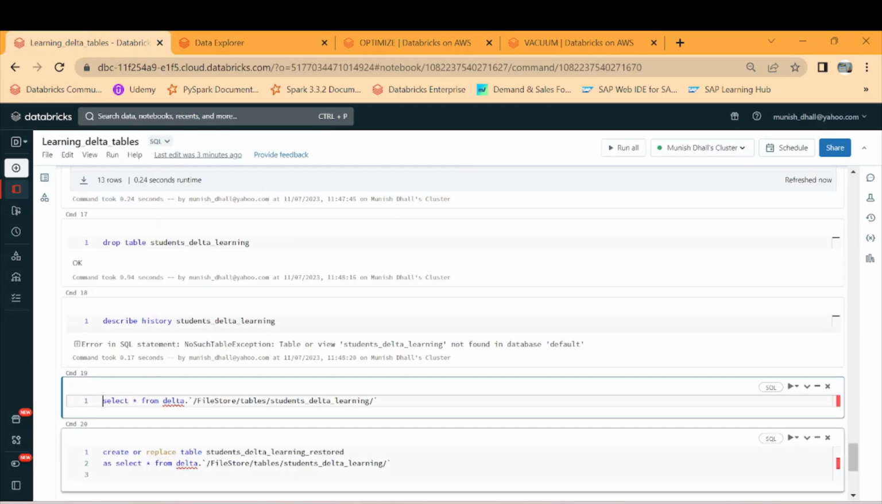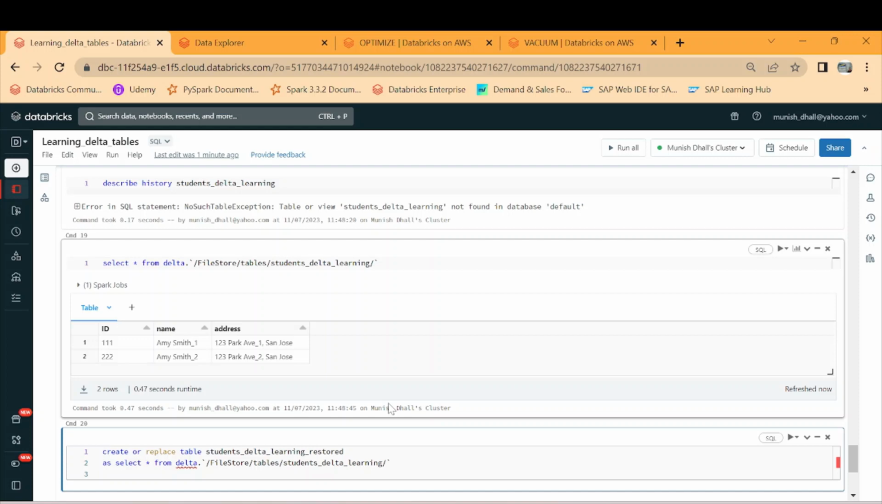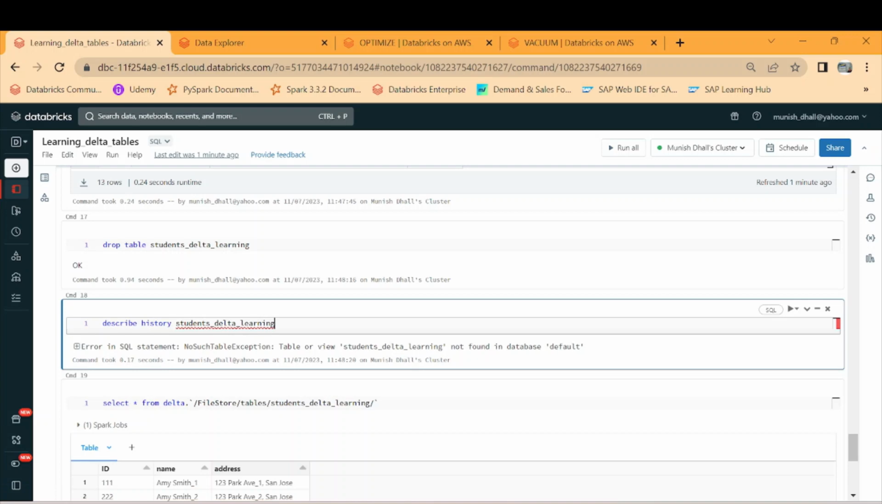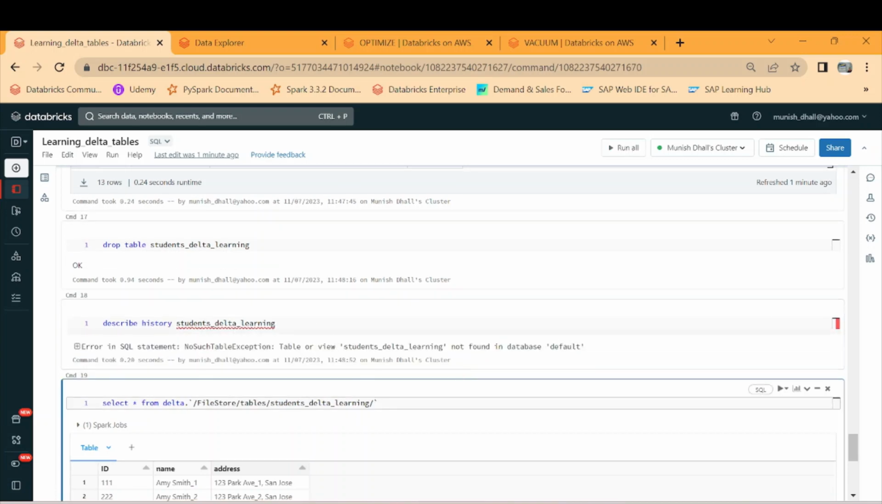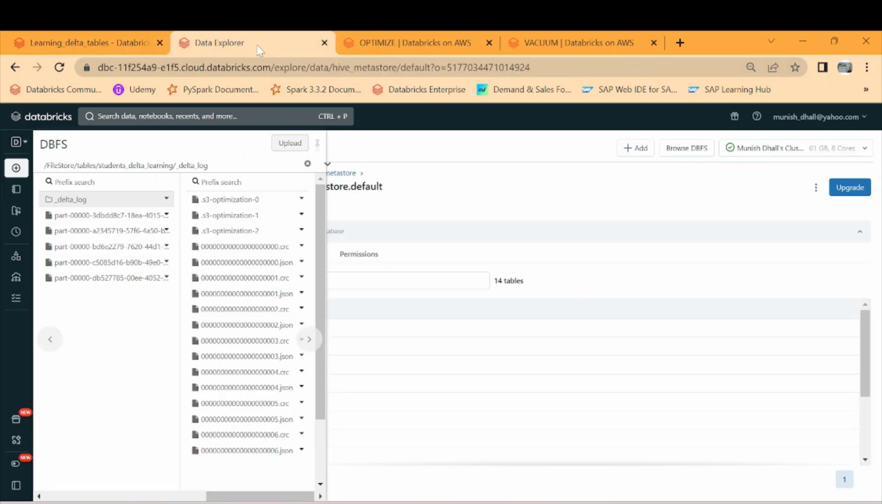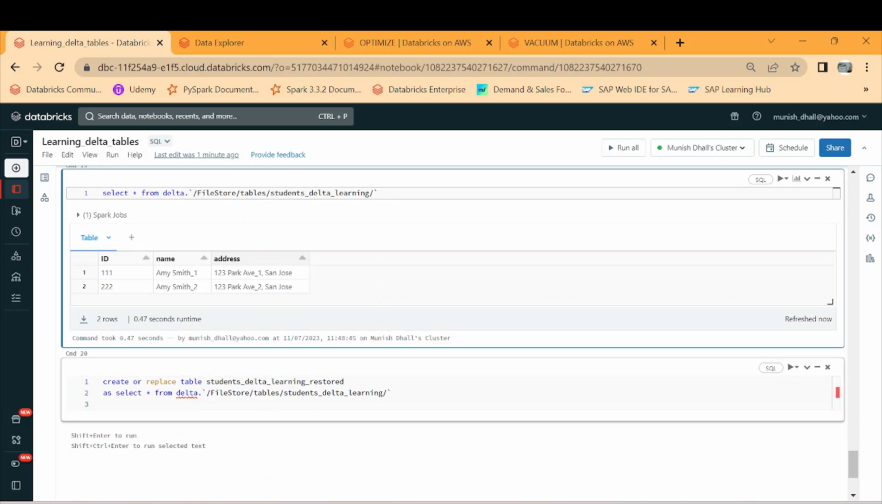Now, if you want to read those data files, you can use this command, select star from delta and the location of your table. Now, if I execute this command, you see the table was removed. There is no table now with this name, but the data is still existing. In the delta log, the logging of information is there, and in the delta table, all these Parquet files are still existing. So once you have this data, then you can also create a new table